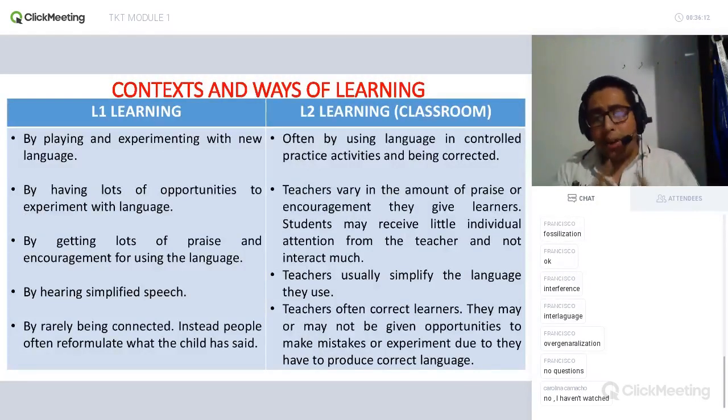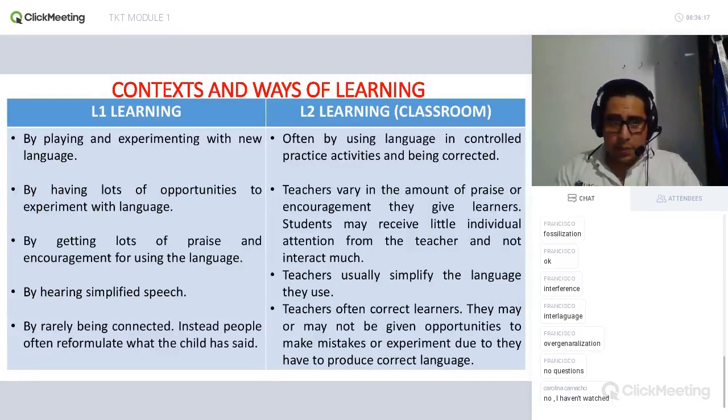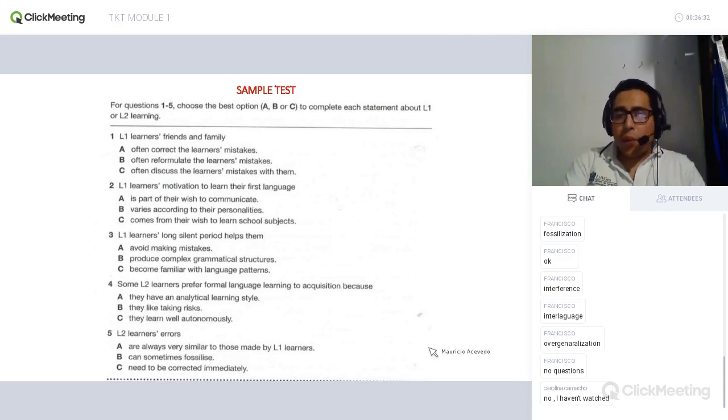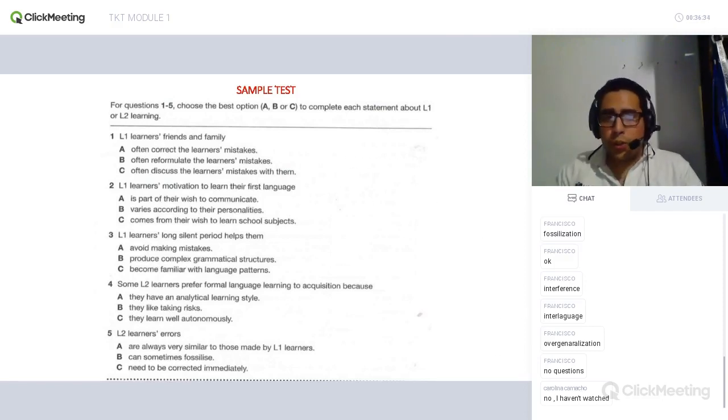Okay, well, I really recommend it, Caroline, so that you can have a better idea, because I was explaining every single point in more detail. Maybe you can get good advice and good ideas, not only for the test, but maybe for your real classes too. Okay, so today, before we start with the next topic, we're going to do the sample test.